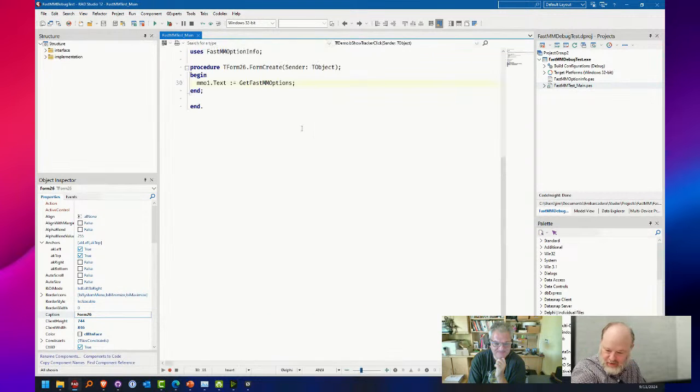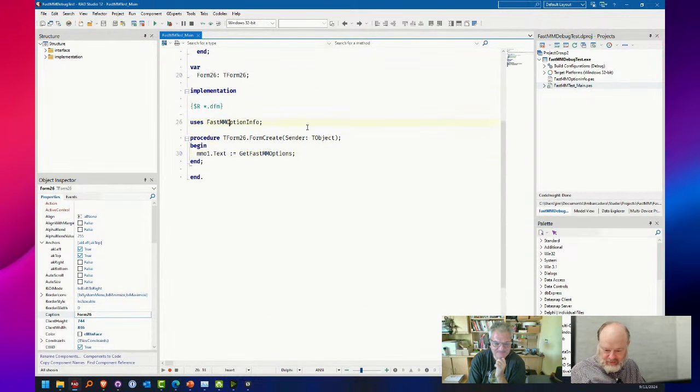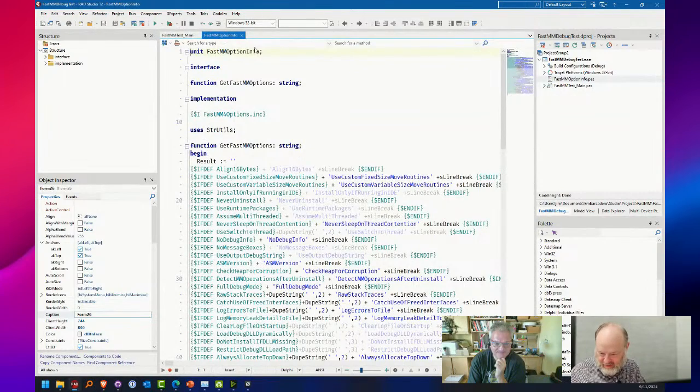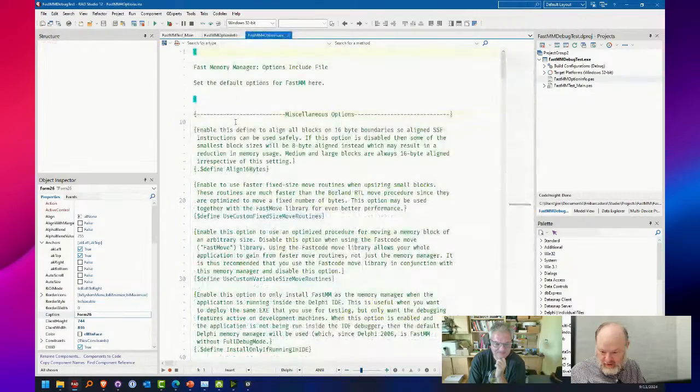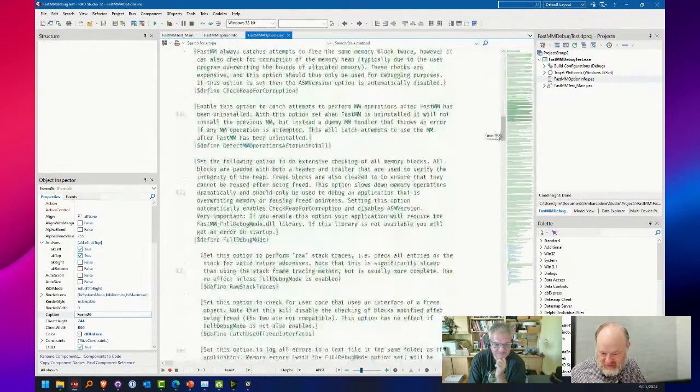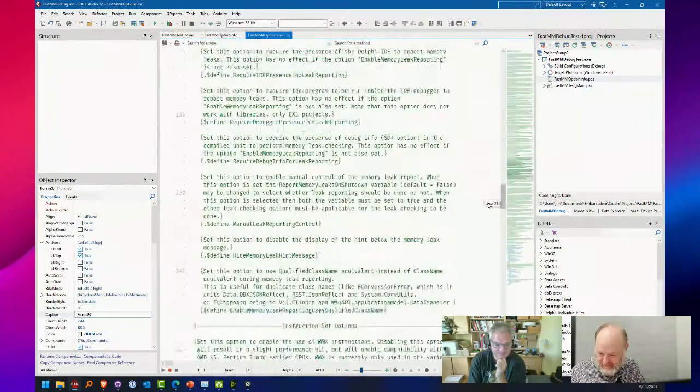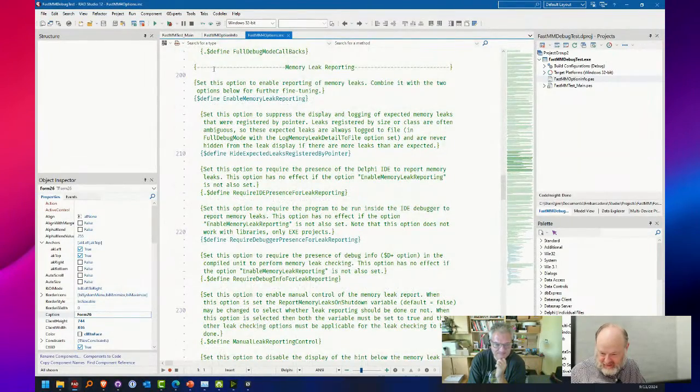so I was going to show some of the options. So if you go into, oops, that's not what I wanted. Yeah, that's what I did. Go into, here it is. This is the options file where you can configure options. And so you go through here and look, and they're grouped by groups. It has a description of each option, and then they're nested to show if they're dependent on the above option.